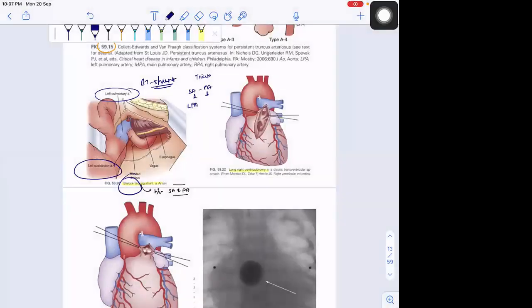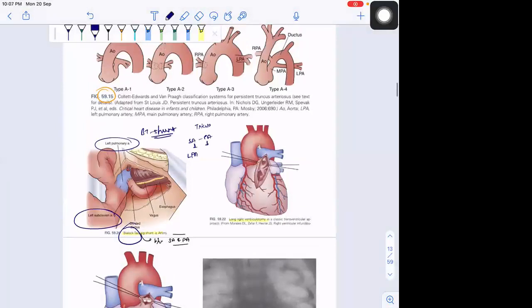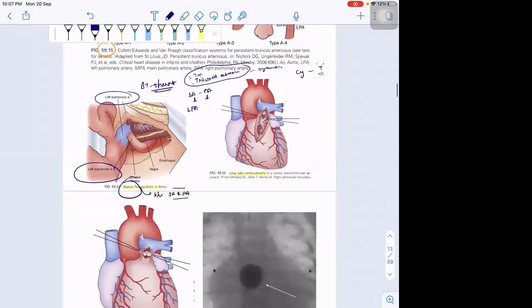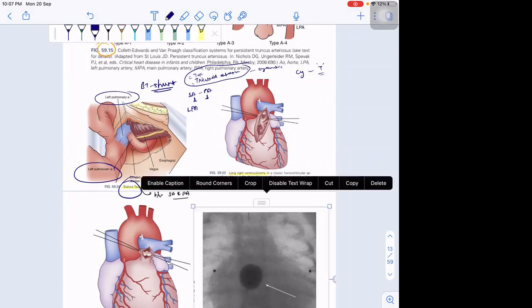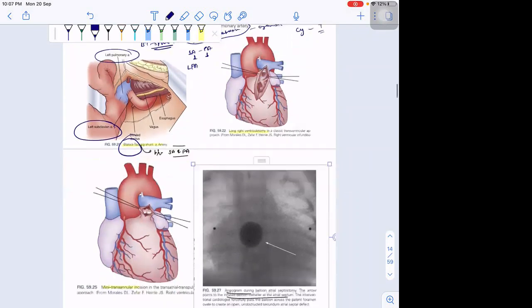So the Blalock-Taussig shunt, we can use for tricuspid atresia and/or tetralogy of Fallot. In many cyanotic heart diseases, we will use this shunt. All cyanotic heart diseases mostly start with the letter T. Anything that starts with C is your cyanotic heart disease. So this is your Blalock-Taussig shunt. The BT shunt is a connection between the subclavian artery and the pulmonary artery. Just remember.